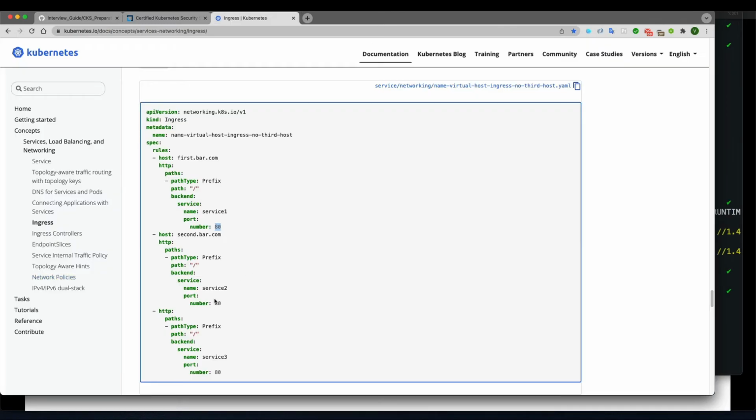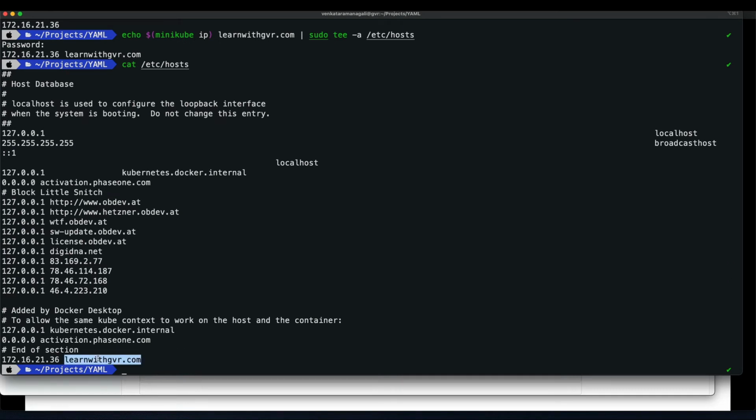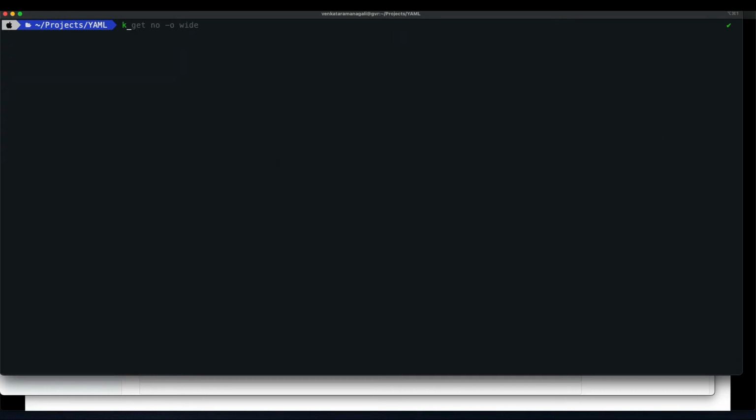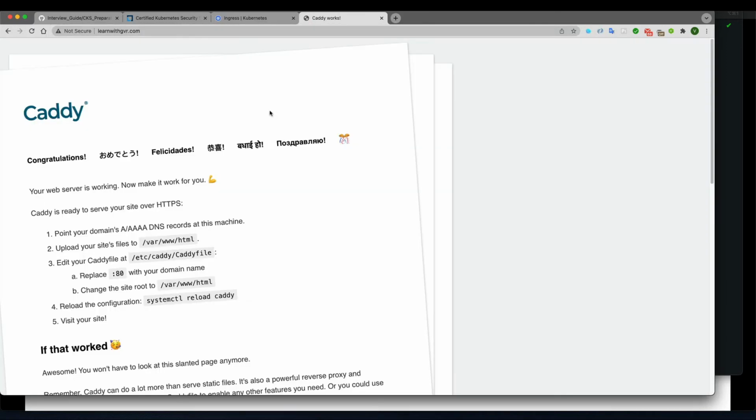So first what I will do is add this: echo $(minikube ip), yeah, this is a command, and basically this is the host name. So make sure the typo is correct, and I will add it here, right? Then sudo tee -a to the hosts file, so it will append to the hosts file and ask for the password, right? Done, added. Now cat /etc/hosts, so I can see the entries there.